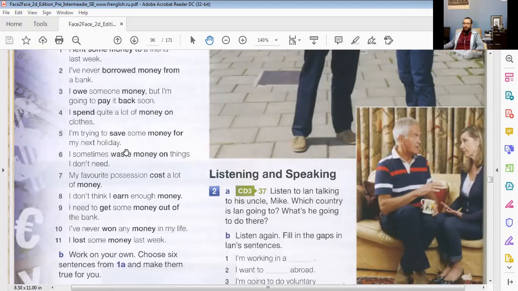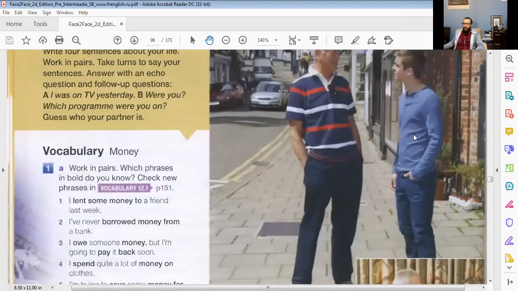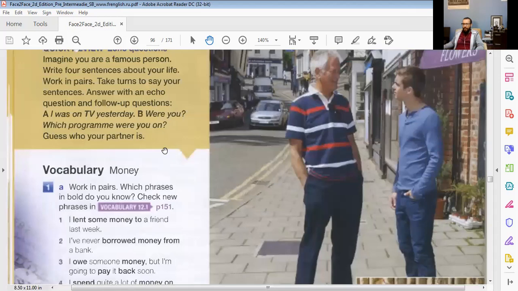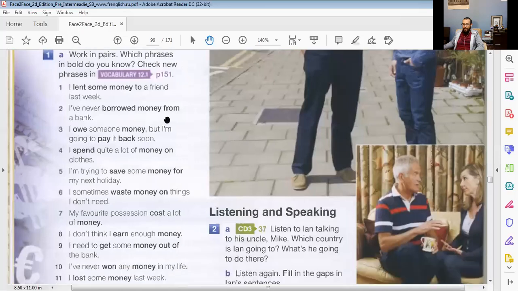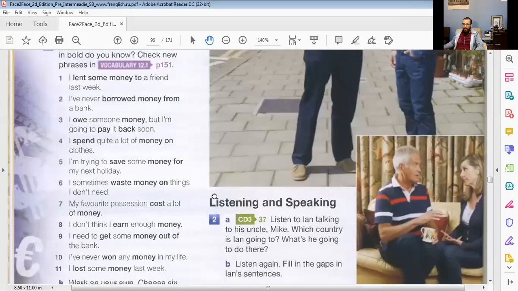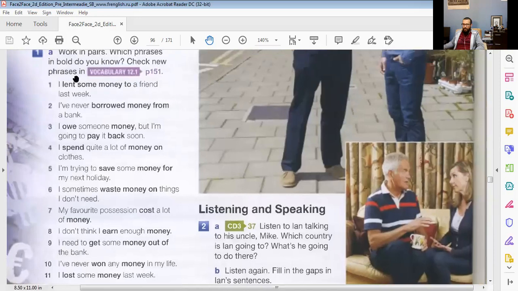Excuse me. But first of all, before we get there, let's talk a little bit about money. So there are many ways to talk about money. So here we have a few phrases, a few expressions. I think you know most of them, but I'm just going to quickly read these sentences. Or let me give you a minute. Take a look at these 11 sentences. And if you find anything that's new, just ask me about it. But I think most of them you've already studied, or at least you know them. So take a look first.